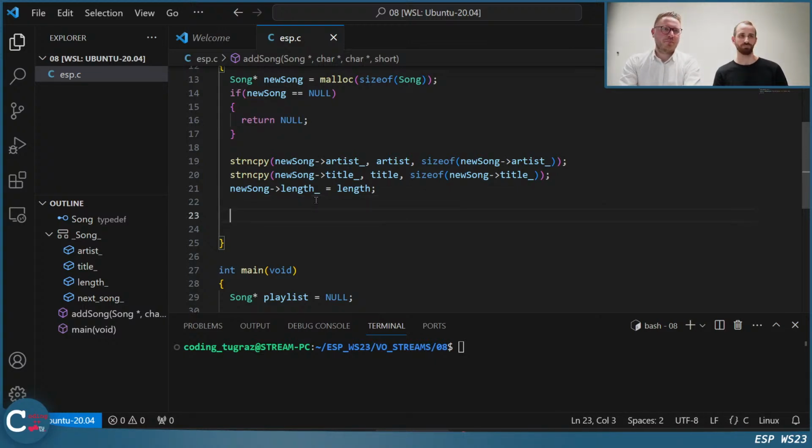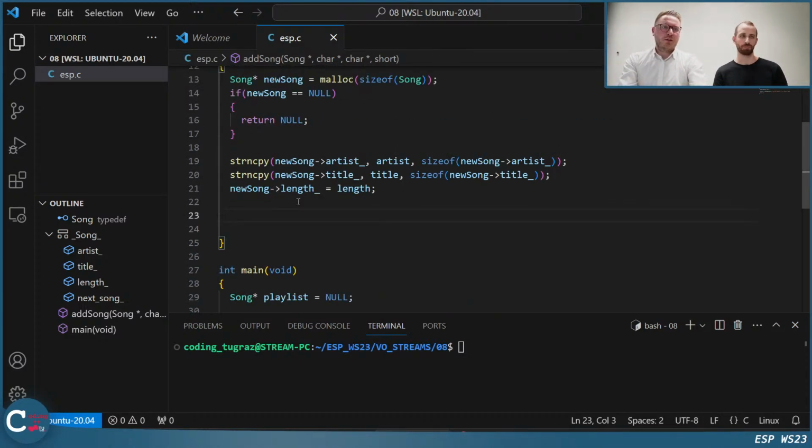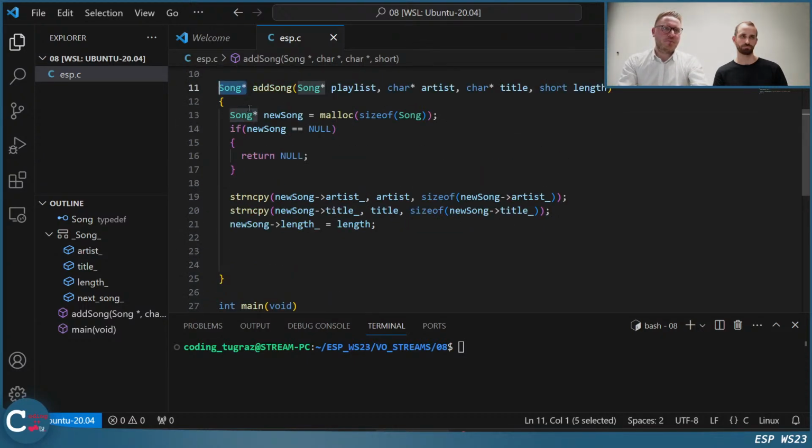So what is length again? So the song length. The member is so short. No, because it's just a short. Yeah. Perfect. We promised that we return a new song. Okay, let's do this. Return new song. Should be good, right? Any concerns in the chat? Are you fine with that?